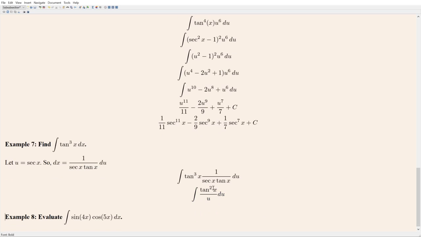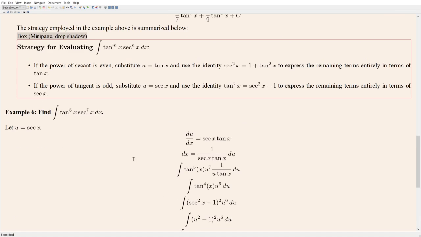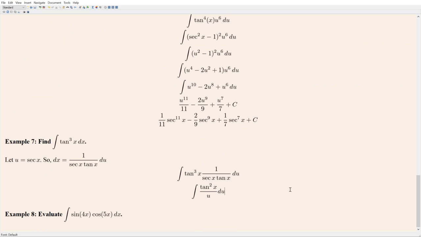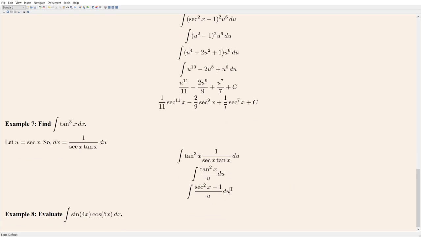Now, we want to get rid of this x so that we have nothing but u's left over. So we use this formula. Tan square becomes secant square minus 1. And now, of course, we're in a better position because secant is the same as u. So we get u square minus 1